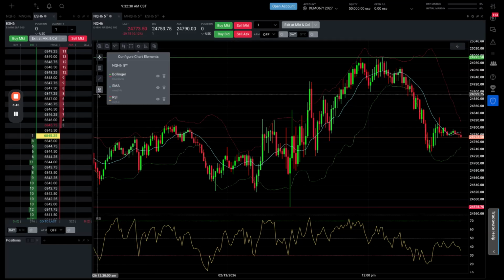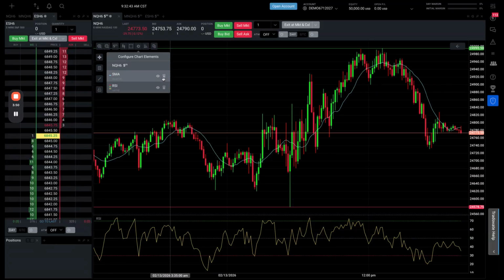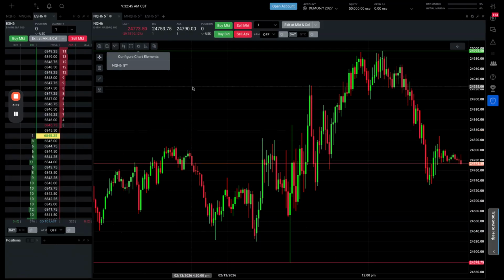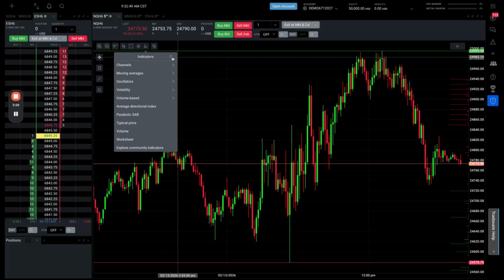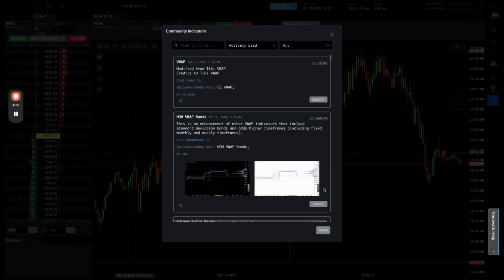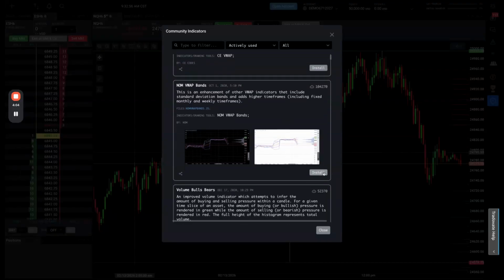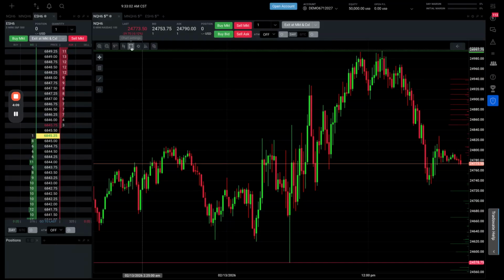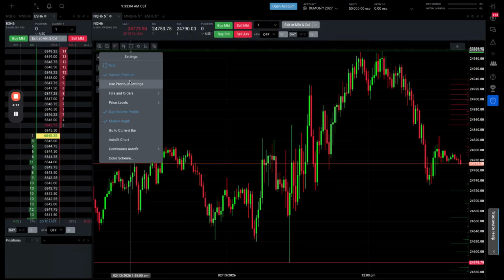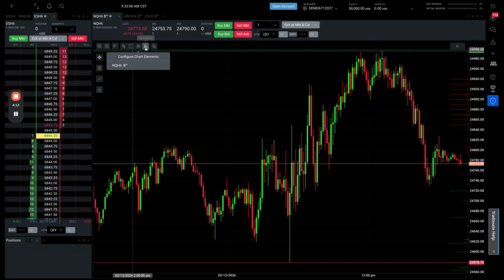So here, I call this your icons on your chart, okay? So we're going to delete all these, okay? And we're going to add the main one, which is this, install non-VWAP bands. Okay, so we install this, yep. And then we'll come back here and we'll go to